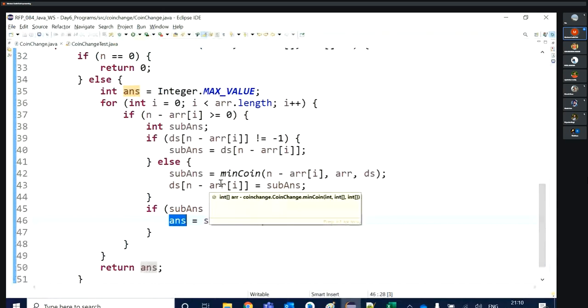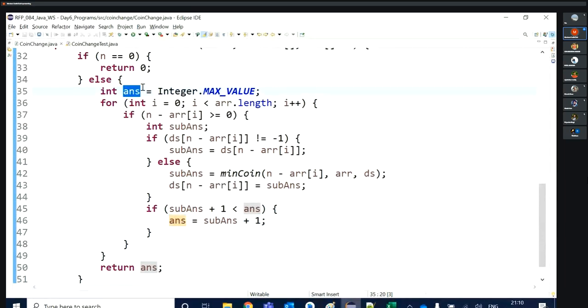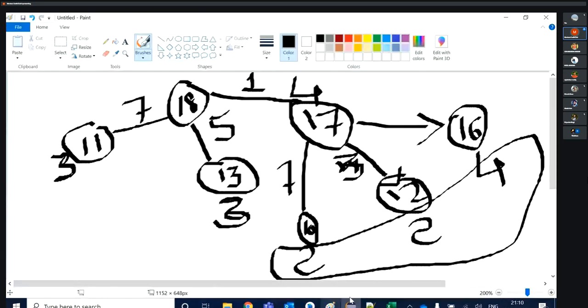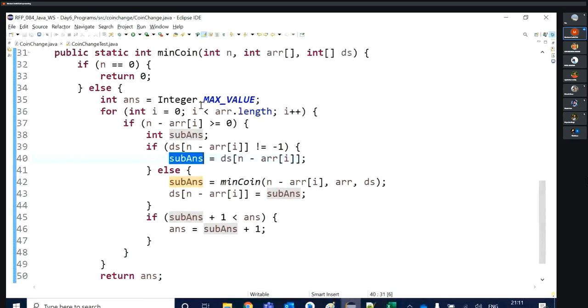If your sub answer is 4 at first step, first of all your answer is Integer.MAX_VALUE. Now I'm getting the sub answer which is 4 here. And that 4 is less than answer, obviously, this maximum value.